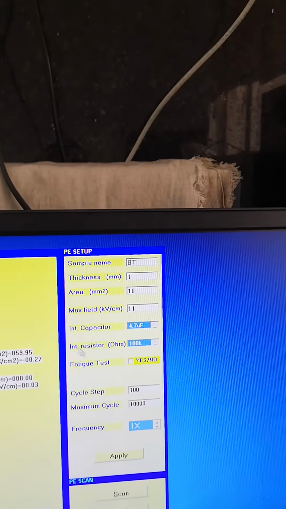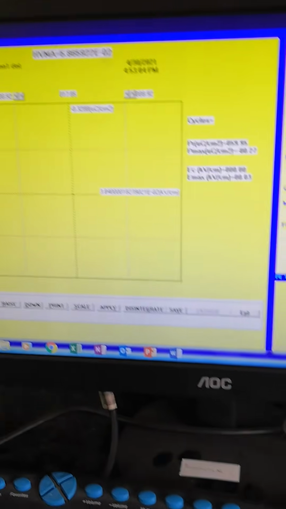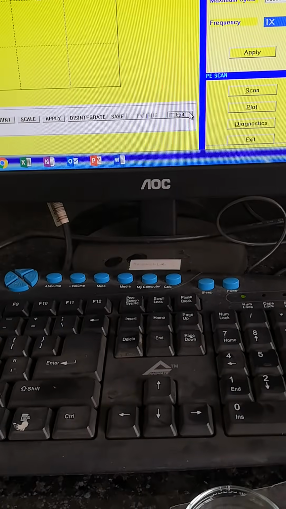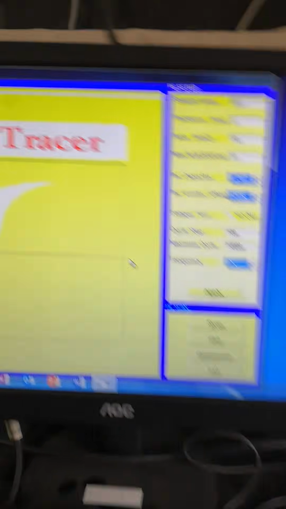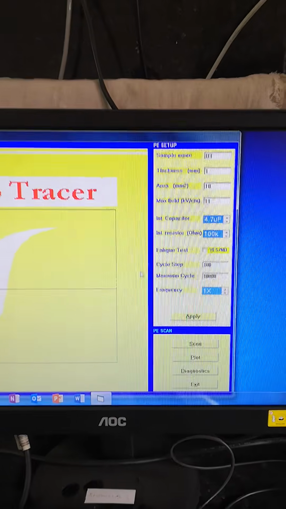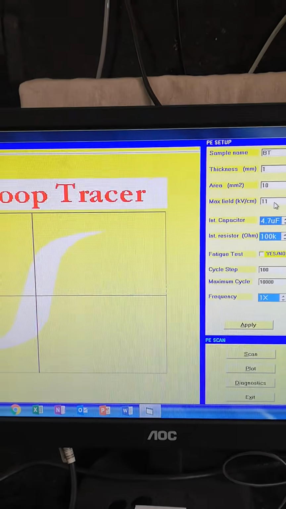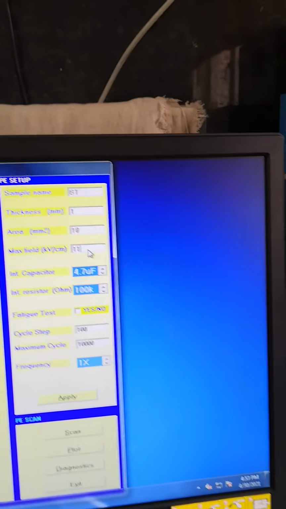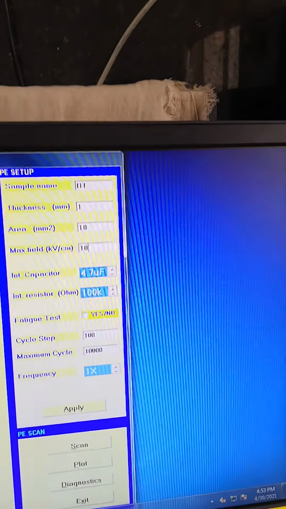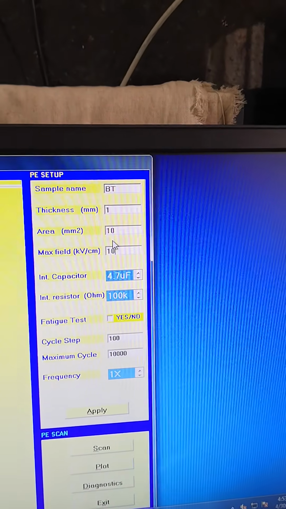It means our sample is not taking that much value of the field, so we have to immediately stop it. We have stopped that one. It means the sample is not taking that much electric field, so we have to keep it at 10. So the value is 10.